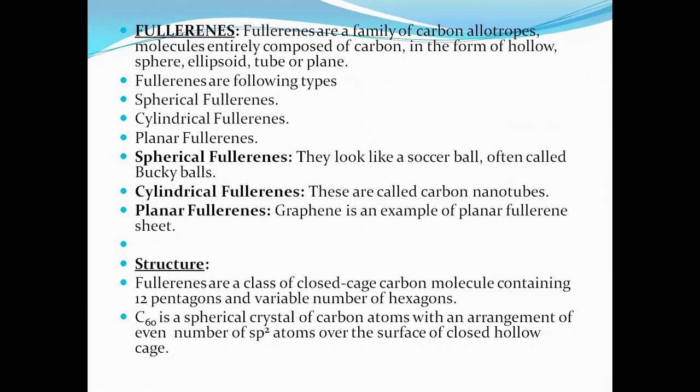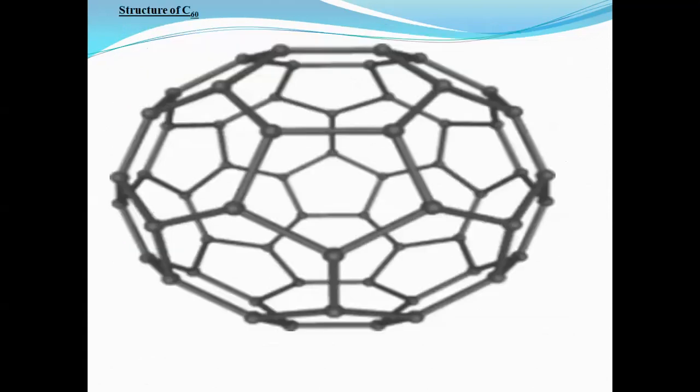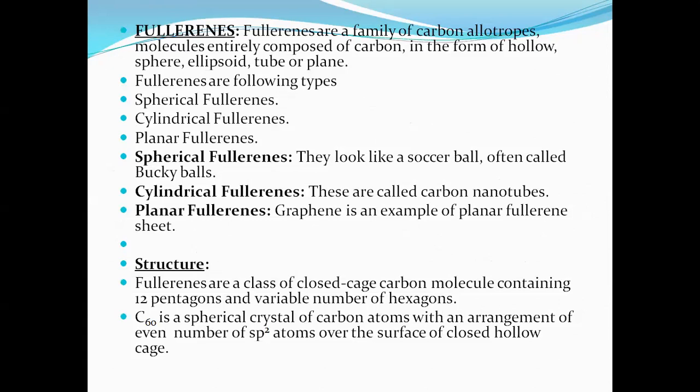See this, it is known to be C60. A C60 fullerene has a closed caged carbon molecule geometry. You see this, closed caged carbon nanomolecules, containing 12 pentagonal ring systems, pentagonal meaning 5-member ring system, and also containing 20 hexagonal ring systems, right? 12 pentagonal ring systems and 20 hexagonal ring systems.